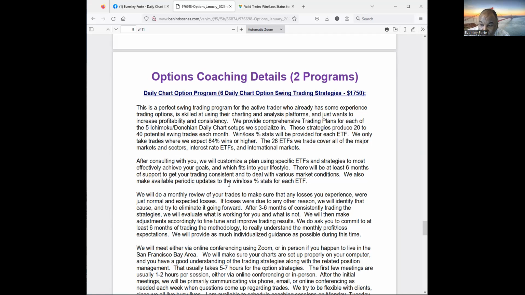If you want to work with me on these strategies, the 6 daily chart strategies, 1750 minus 100, let me know by the end of this week. And I really want to get these going right away, because you saw where the markets were at that big support level. We have buy signals coming in right now. So the faster we start working together, the sooner we can catch the next rally if we're seeing more buy signals. So let's try to make money right away with these trade signals as they're coming up right now,